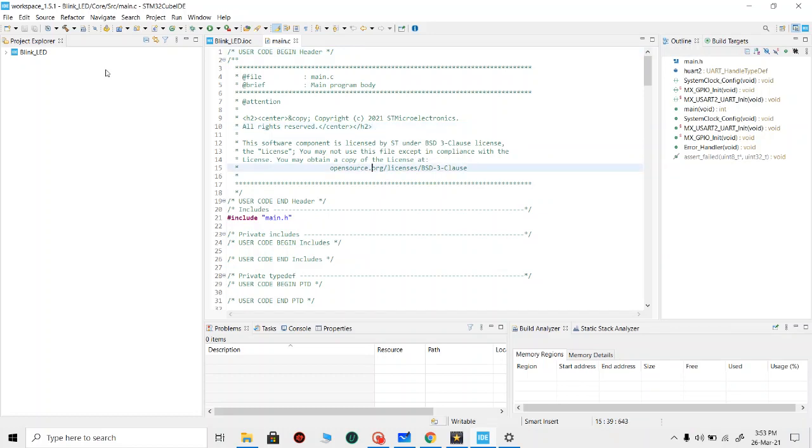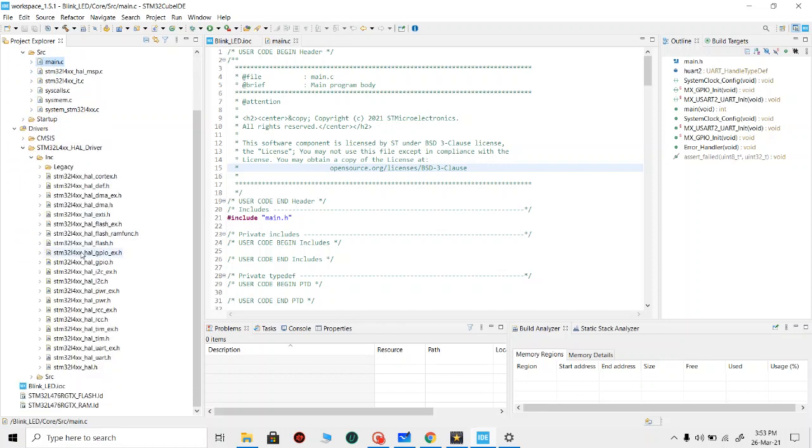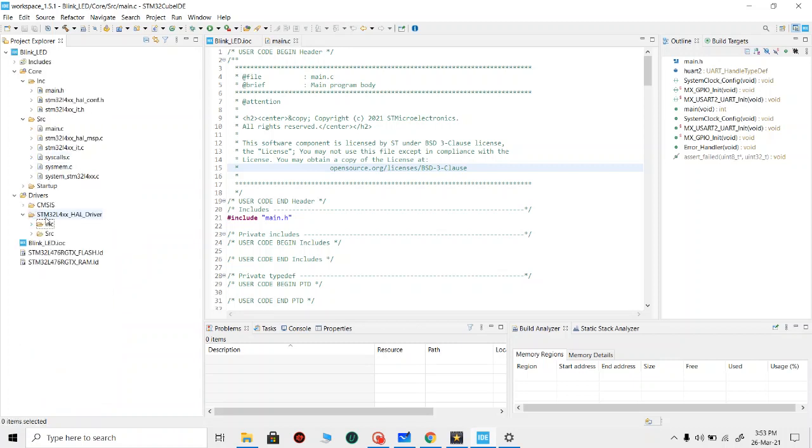Now the code has been generated. Here you can see these are the core components, which include the header files and the source files. This is our main, and these are the drivers, which are HAL drivers. You have drivers for GPIO, flash, DMA, UART, timers, etc. We'll see all of that in a later video.